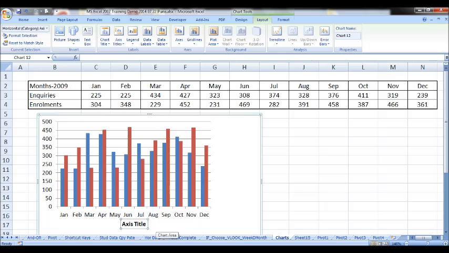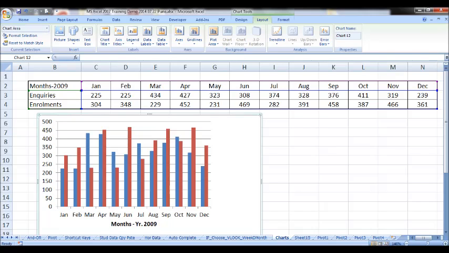Since January to December are the months, type it here as months. Even if you want to precisely identify, here months, year 2009.